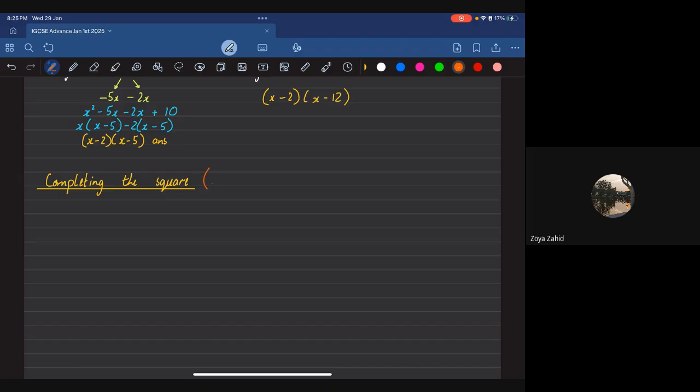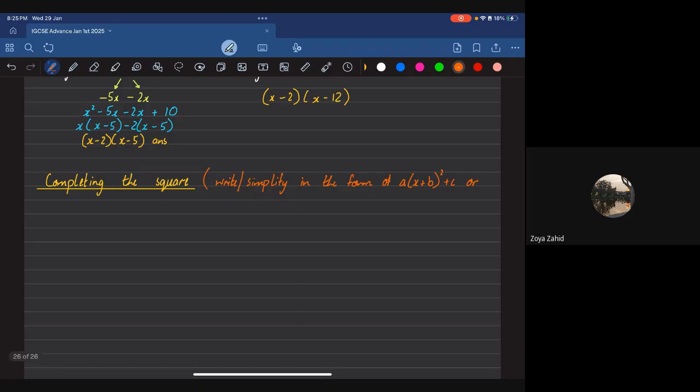For example, it is going to say "write," or the question could say "simplify the expression in the form of a(x plus b) whole squared plus c," or